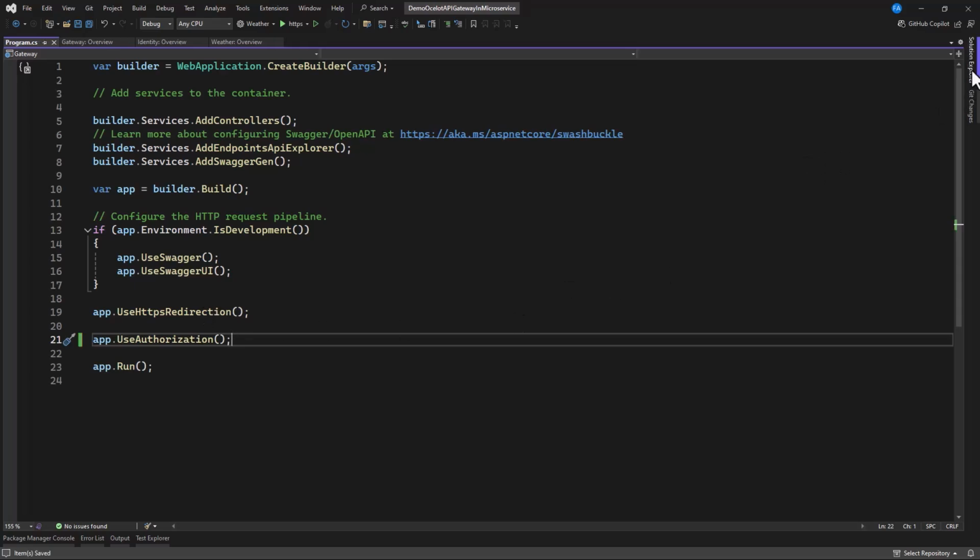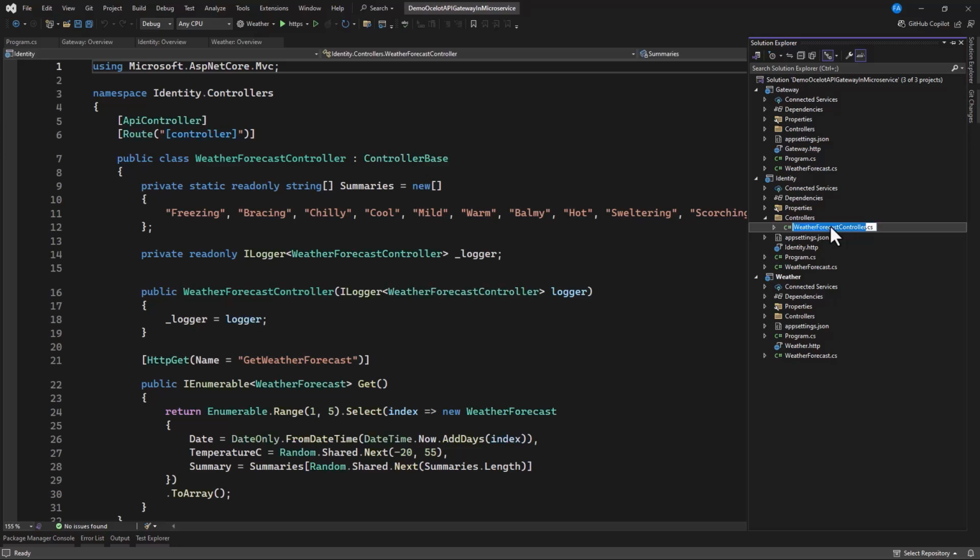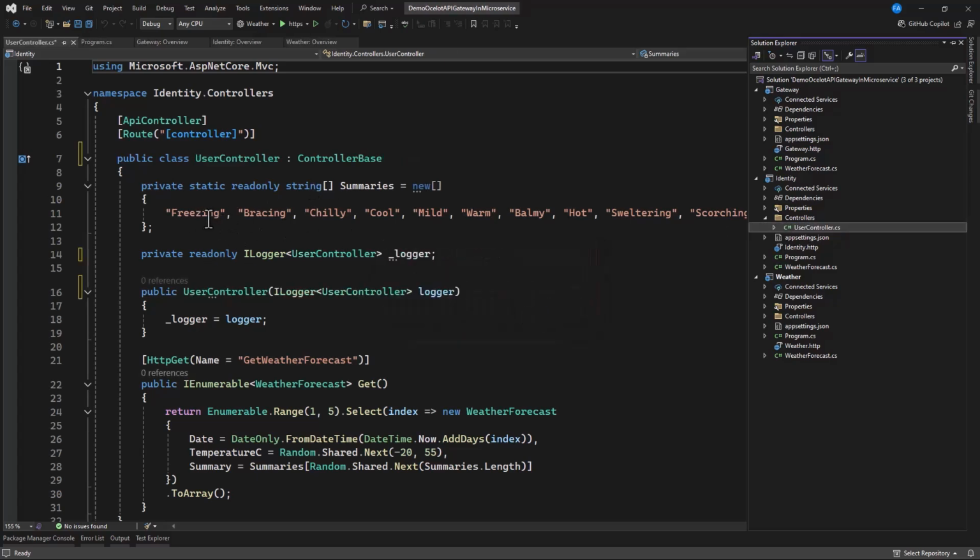Now the next thing I'm going to do here is let's try to do something small with each API that we have. So I need to check the Identity API from our controller. You can see that we have weather forecast, and I'm going to make this maybe Users. So User controller. And now in this user controller, maybe we have these names.